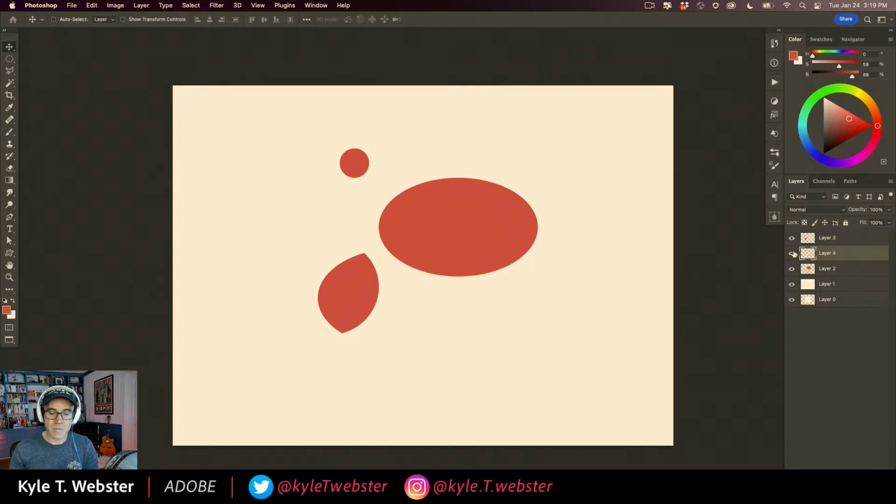So for example, this layer right here, okay, it's got a little circle on it, right? Now let's say I'm committed to this decision that I'm going to have the circle here and I'm going to have it cut out of this circle here, okay, this ellipse. Well, what I can do is I can make a selection of that. And to do so, I hold down the Command key or the Control key on PC. Hold it down, and if you look at your layer, right, it's got a component here which is the thumbnail preview of the layer. And to the right it has a title where you could type in whatever you want. If you hold down the Command key and tap on the little thumbnail,